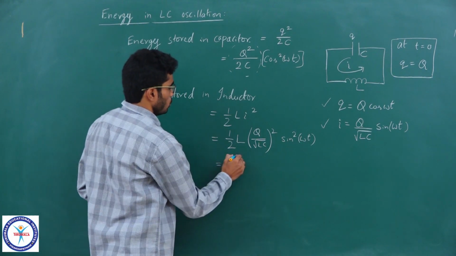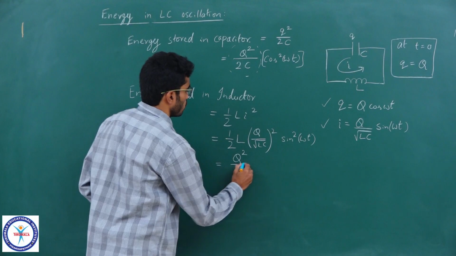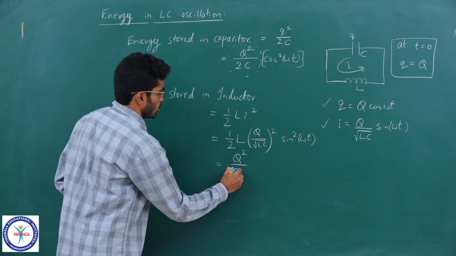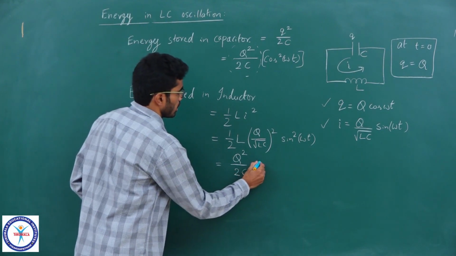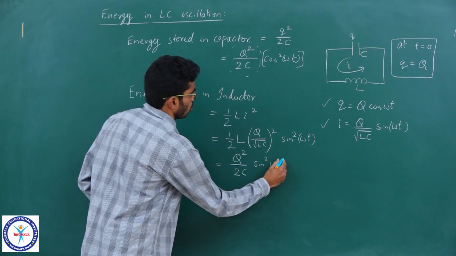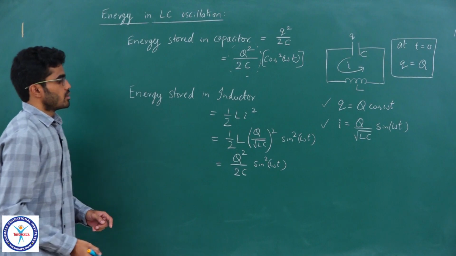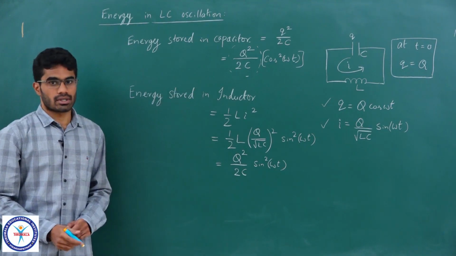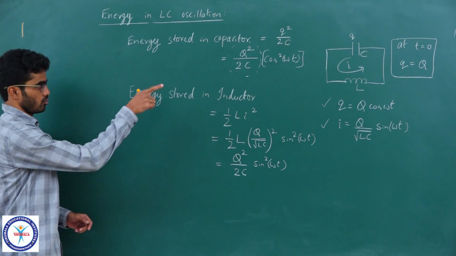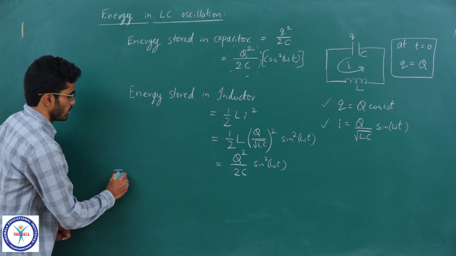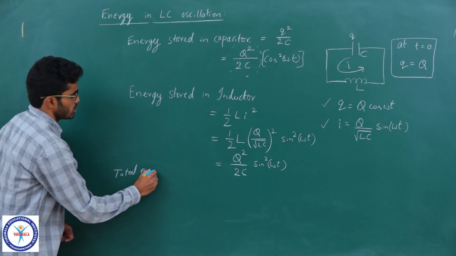So this will give you q square by 2c sine square omega t. So, if you carefully look at these expressions, if you calculate the total energy of the components, the total energy,